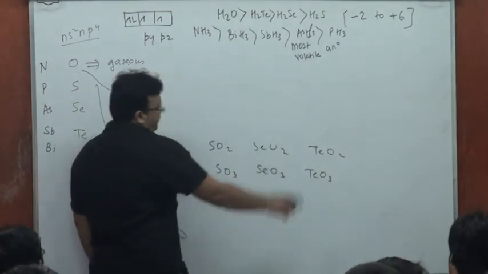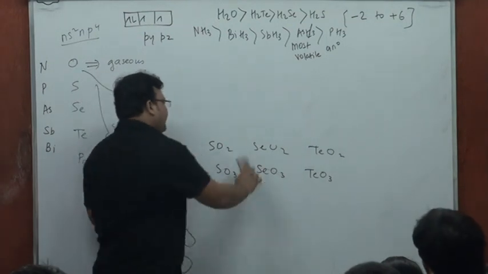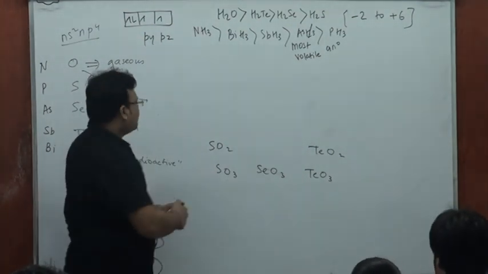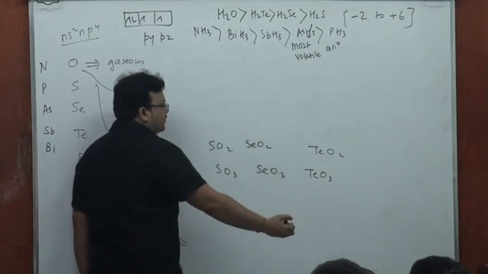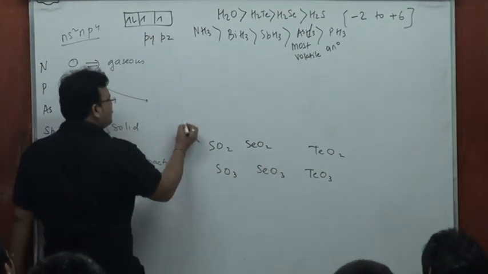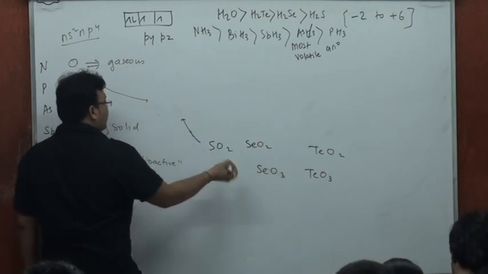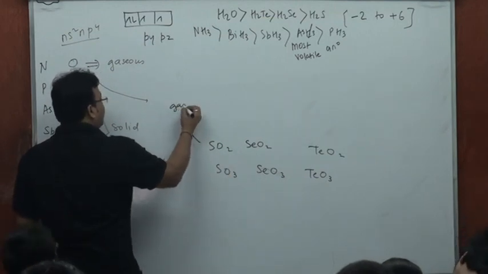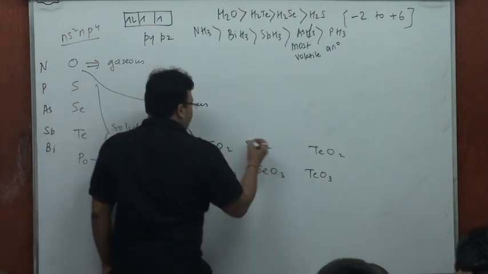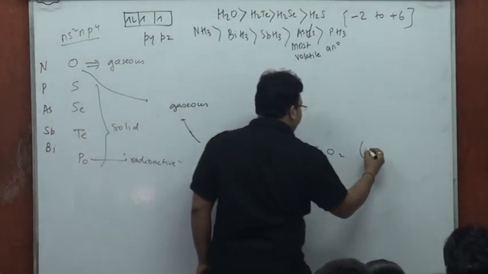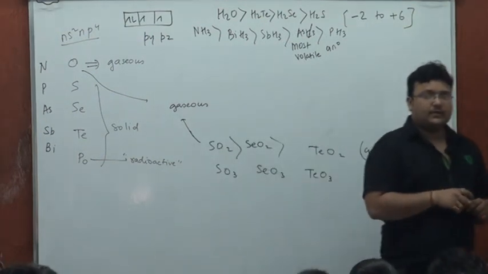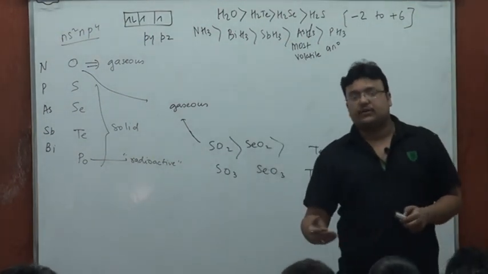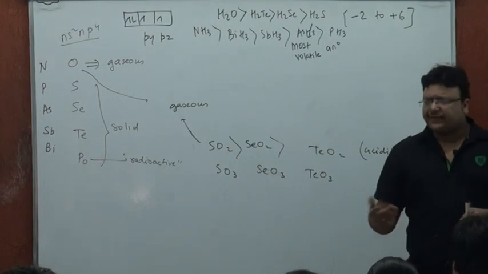And then only sulfur dioxide is gaseous, the rest are solid. And speaking more about the dioxides, because they are the more stable and the natural oxides, this is the only one which is gaseous, the rest are solids. This certainly is going to be the order of acidity. I repeat, non-metallic oxides are supposed to give you the oxyacids.